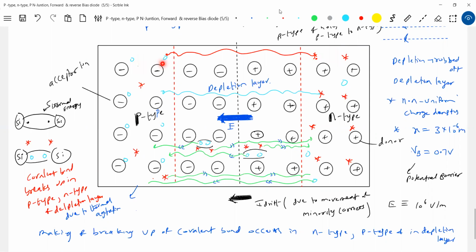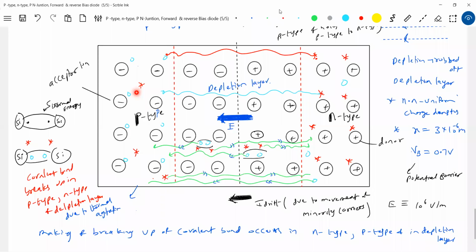Then from the holes which are lost, how will the covalent bond break up here? Two holes will be generated here. Then again here a covalent bond will break up. Two electrons and two holes are generated. The two holes will become minority carriers, and they'll move like this and come here. Here one covalent bond has broken, so two valence electrons are lost. When these two electrons come here and combine with the two holes, it gets back to its original valence electrons.